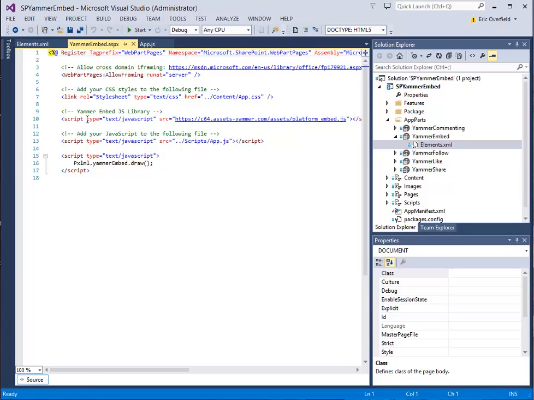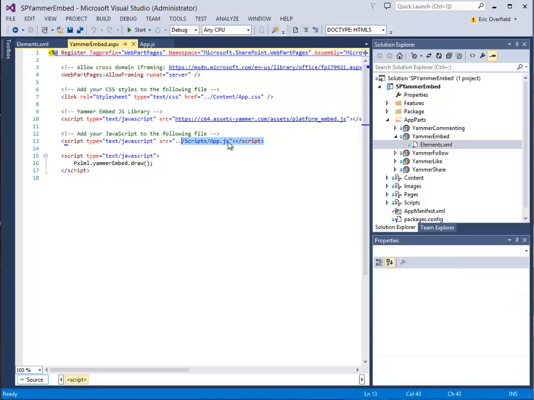What we're doing here basically is preloading the Yammer JavaScript file. It's going to load an app.js file that will include all the JavaScript code needed to interpret the properties that were set. And then finally, we're going to call a function that we created to basically draw the Yammer Embed control that we need. So let's go ahead now and look at what that Yammer